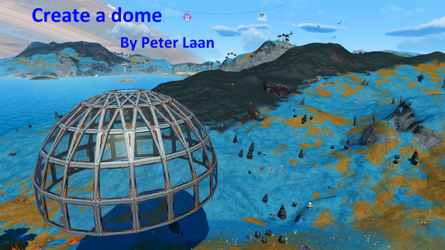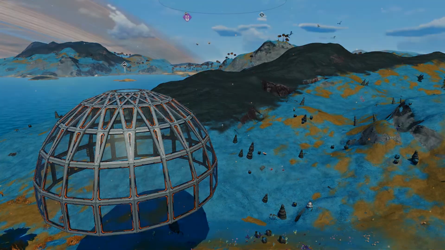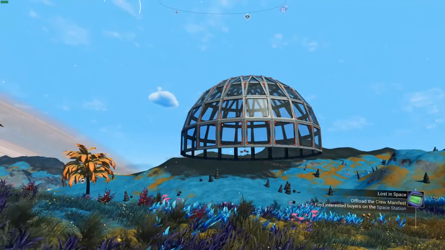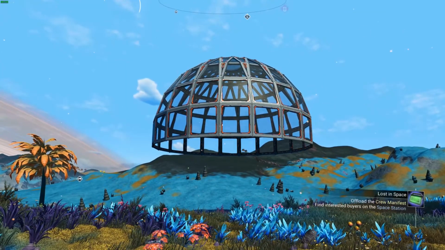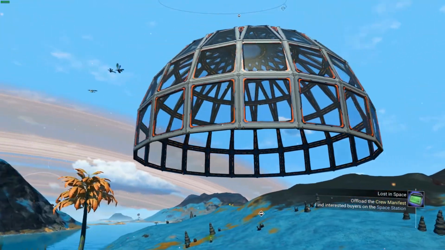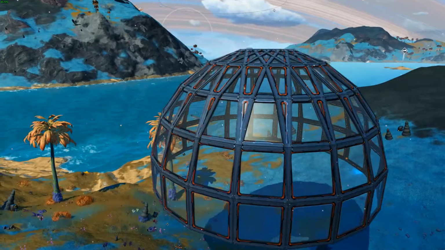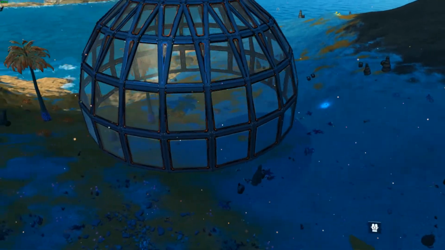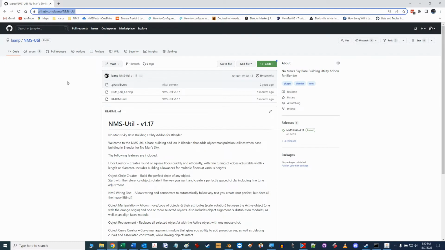Today I'm going to show you how to create a dome building in No Man's Sky using Blender. This part 1 video will create a perfect half circle dome using my No Man's Sky utility plugin called NMSUtil. This utility is an add-on plugin for Blender that I developed using Python code and is downloadable from the GitHub